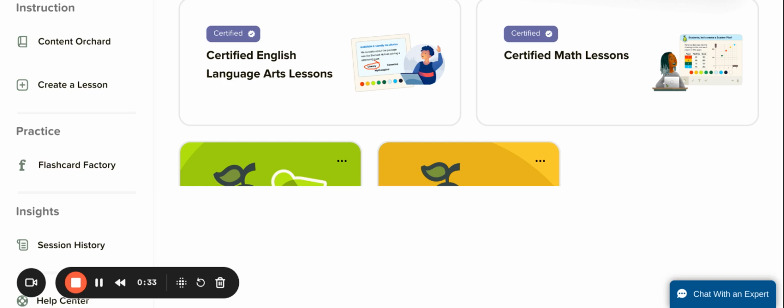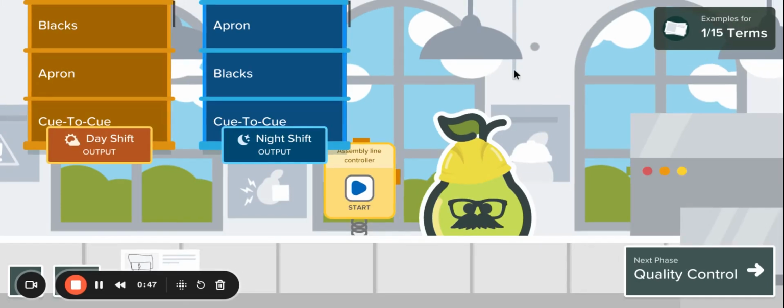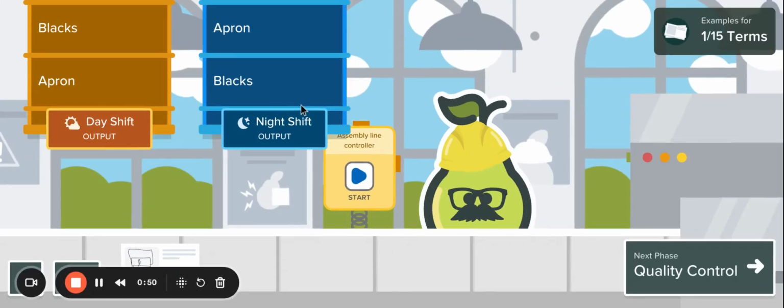My intended audience is the students. I would like to use this Flashcard Factory for visual opportunities for students to make connections with vocabulary. And an example of that would be here in the Flashcard Factory activity. You can see that I have loaded some vocabulary up in here, and I have gone ahead and created a flashcard that the students would